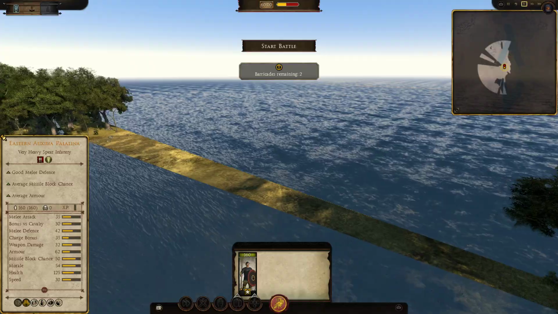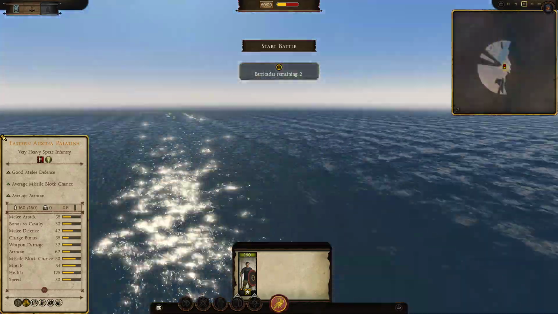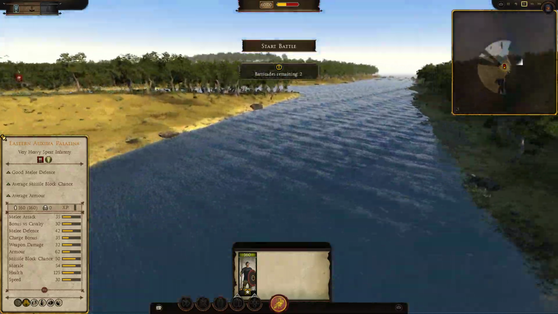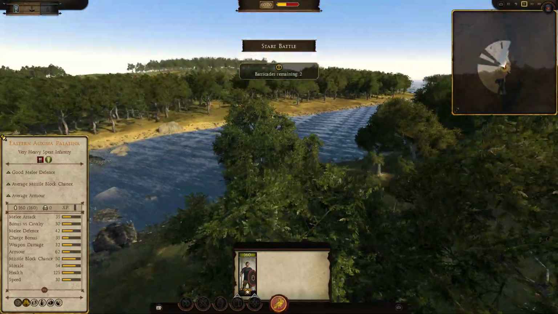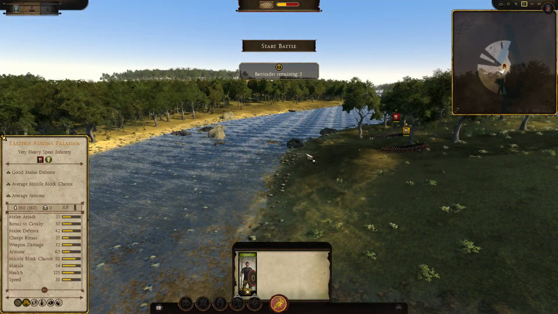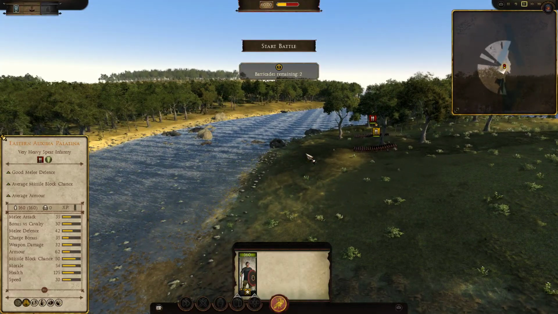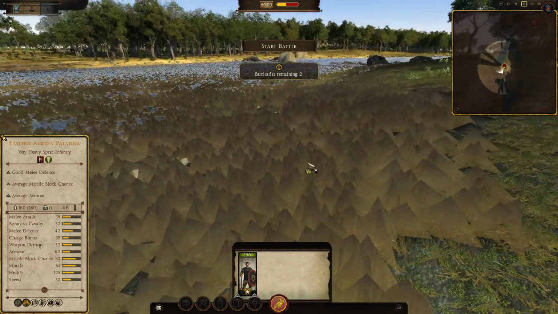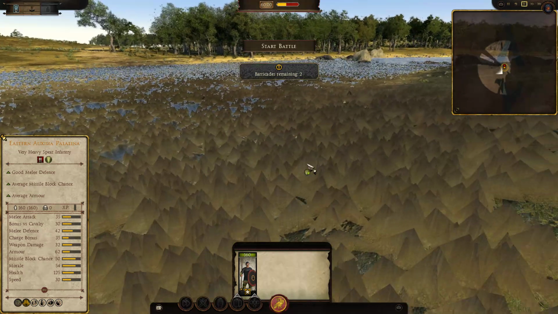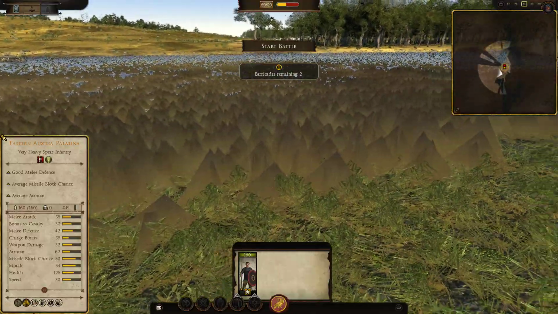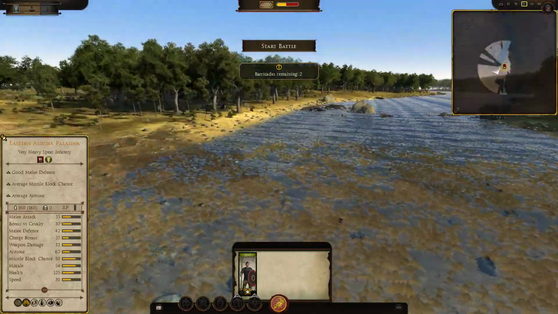Sorry, I should have just said, but you'll notice there's lots of sea around us in every single direction. That's because this map isn't on the tile map. It's a custom battle map, so the game doesn't really know where to place it. And that also creates another issue for us, because as you can see here, all custom battle maps, if you try to use them as a historical battle in the game, it will create this really weird bug, this triangle bug, where wherever you've got